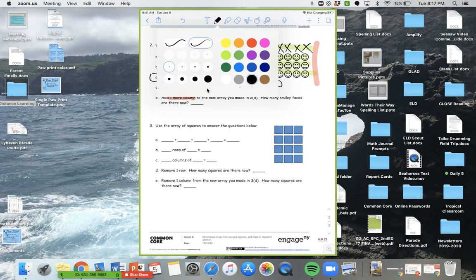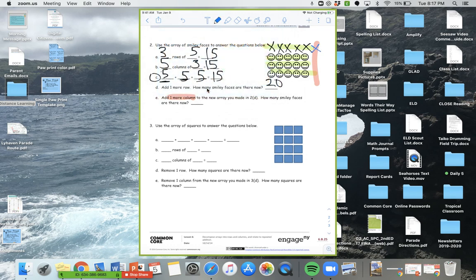I'm going to use blue. 1, 2, 3, 4. Because, my friends, remember, I had 5 rows, so I need to add this extra X up on top. So that means that now I have,